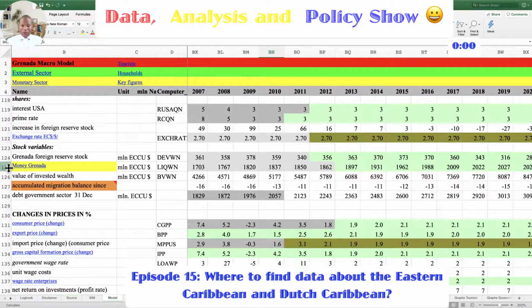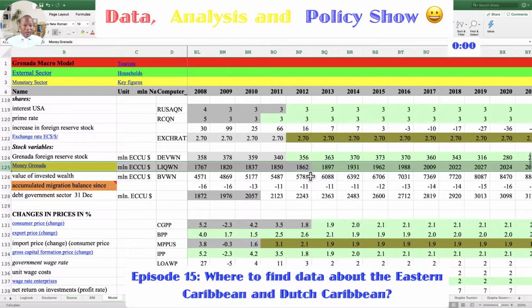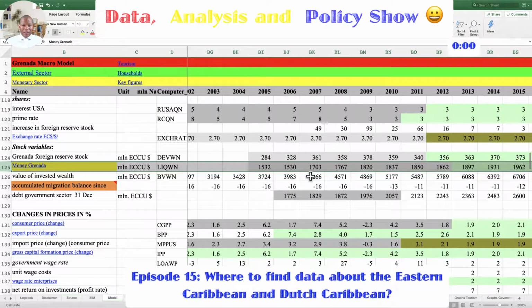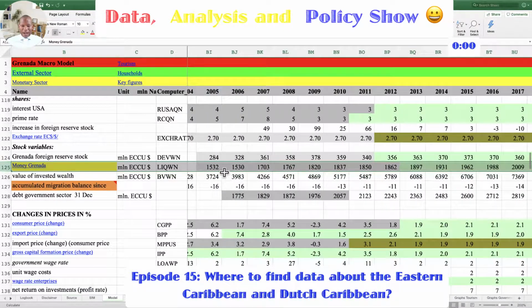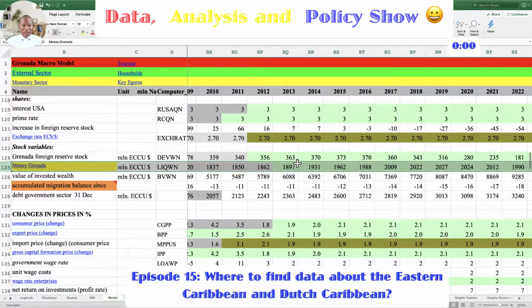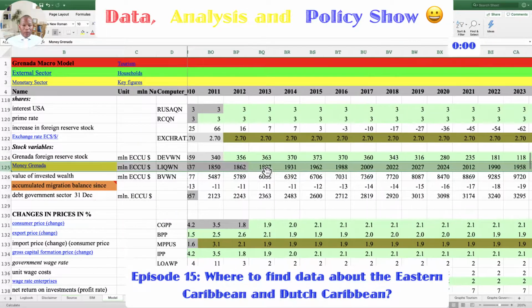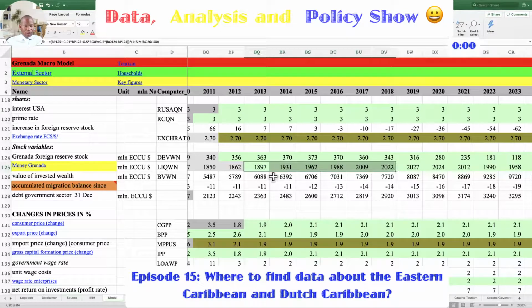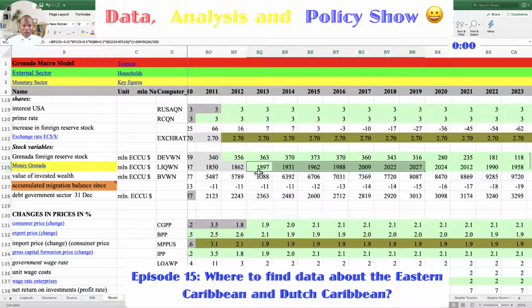Now, total number of money. If you are in banking, insurance, or whatever, you want to know how much money there is in Grenada. And I can tell you, in 2005, there was 1.5 billion Eastern Caribbean dollars. That has increased to 1.8, and we are predicting this in the future for about 2.1 billion. Now, of course, there will be recent data, and we can update this.